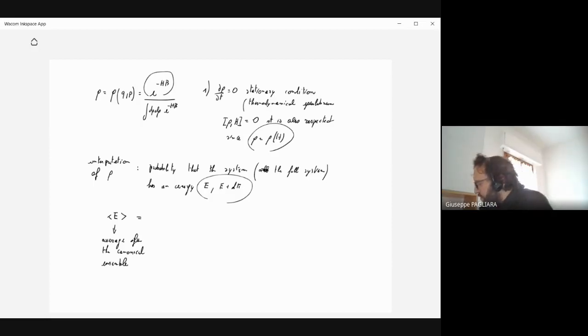Now, if we average over the configurations of the canonical ensemble, the average energy can be defined